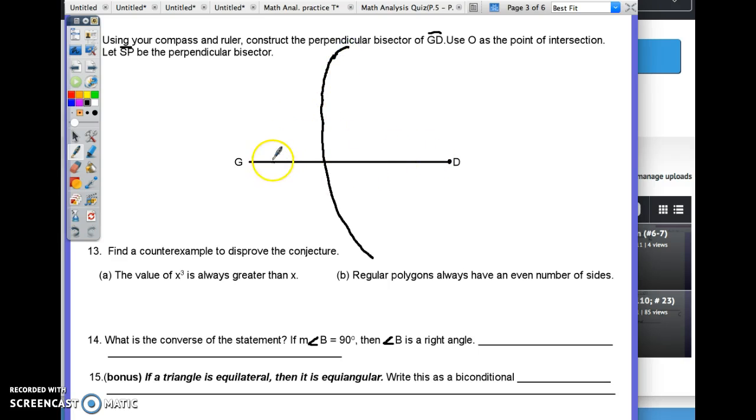Then you keep the same setting. Use the other endpoint as your center. Make a second arc to intersect the first arc in 2 places. Of course, it's going to look much nicer than this because I'm doing it by hand. And you take your ruler and you line it up so that you can draw a segment between these 2 intersections, and you go like this. And this,